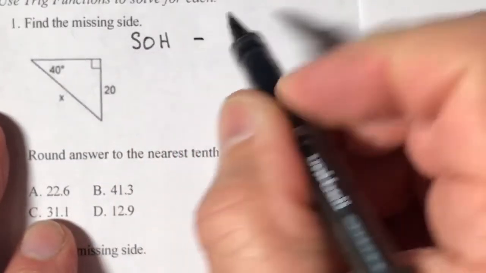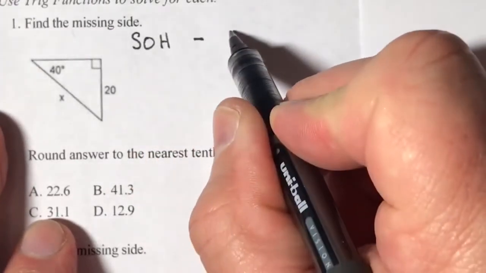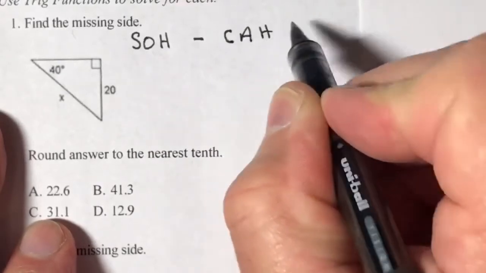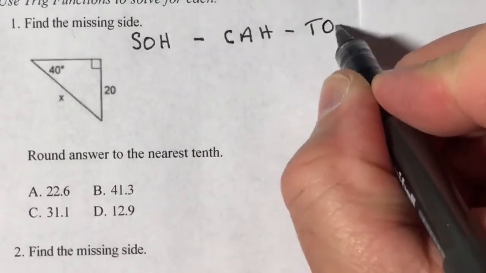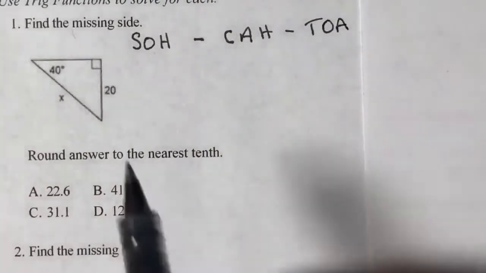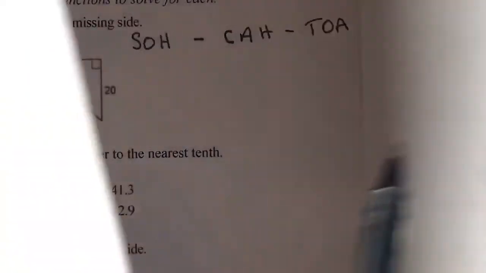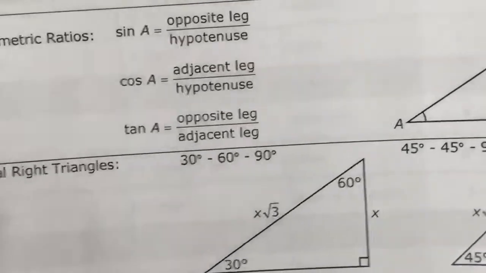And then I'm leaving a space here because I'm going to spell out some of these things. So CAH, okay? And then tangent is OA. All right, so sine. Now I'm going to give you the formula chart, okay? It will be available at your desk. And I want you to locate